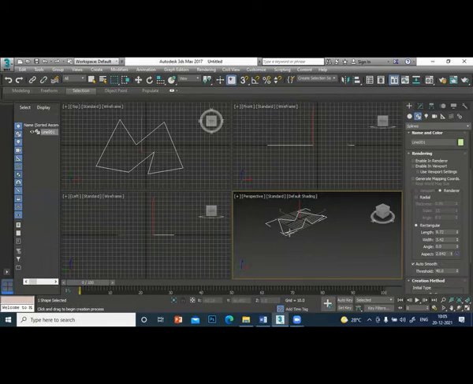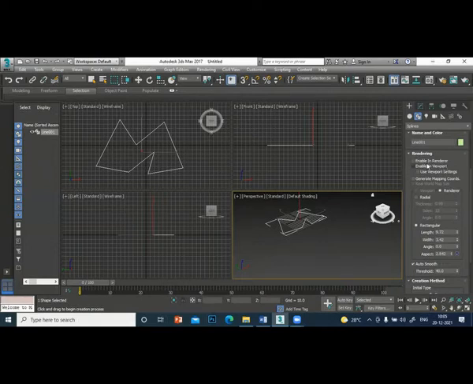So that is how you do the line. So note this line rendering also. When you click the rendering, enable in renderer, click enable in viewport to see the thickness of the line, the thickness of the 2D object.